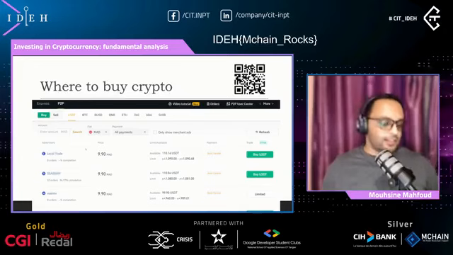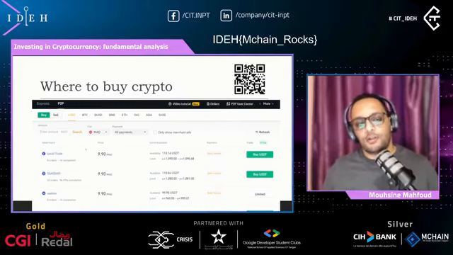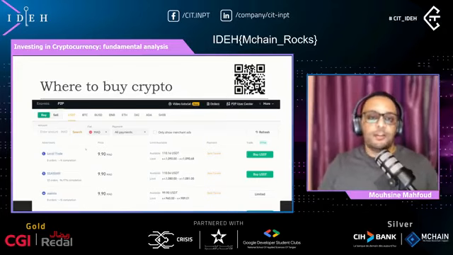But next, there is a way that at least gives us a general view of the honesty of the stranger that we are dealing with, which is peer-to-peer platforms. We can use peer-to-peer platforms to choose the deal that we want. Here you can see on the right side, or on some slides, a QR code, which will take you to a link related to the subject of the slide.